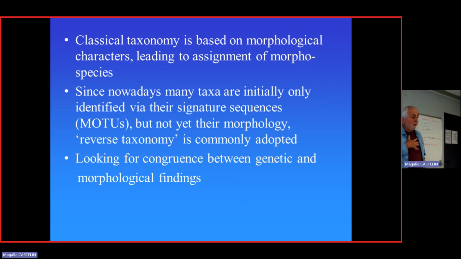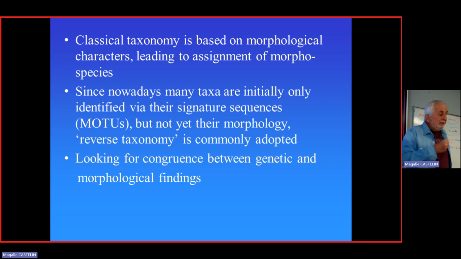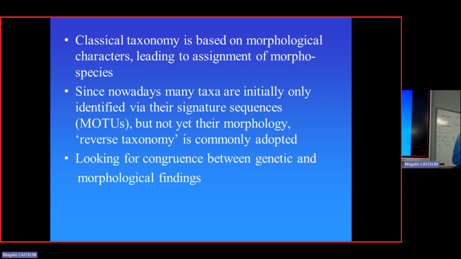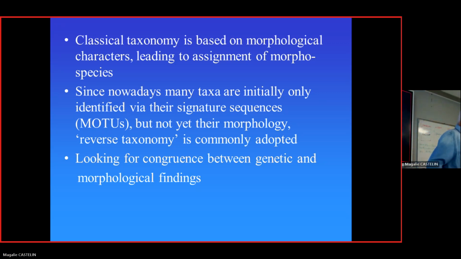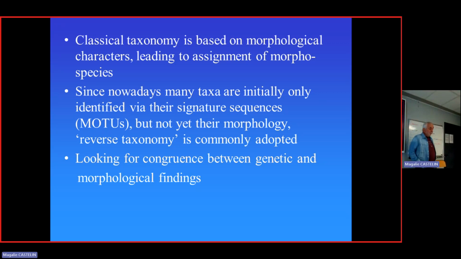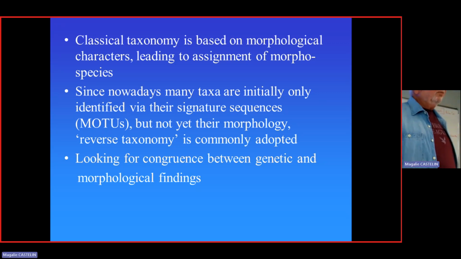Now, you know that classical taxonomy is based on morphological characters. At the end of the road, it leads to assignment of a morphospecies. This is the term, morphospecies. Nothing is wrong about it. But nowadays, we get initially lots of genetic signatures, and the material is assigned to molecular operational taxonomic units, MOTUs, but not yet their morphology. Therefore, what we adopt nowadays is reverse taxonomy. In other words,